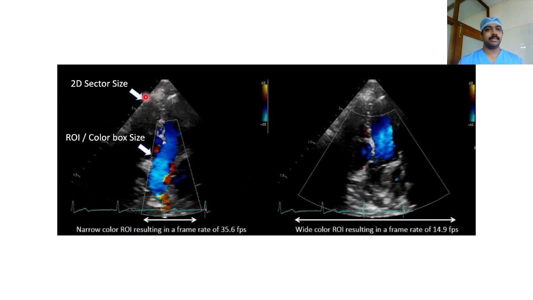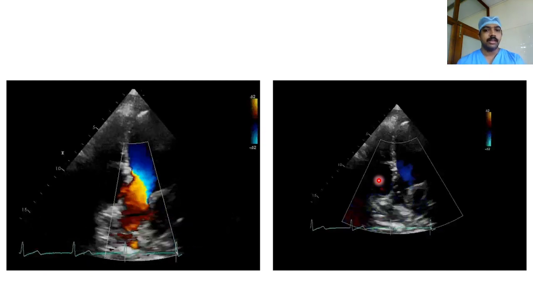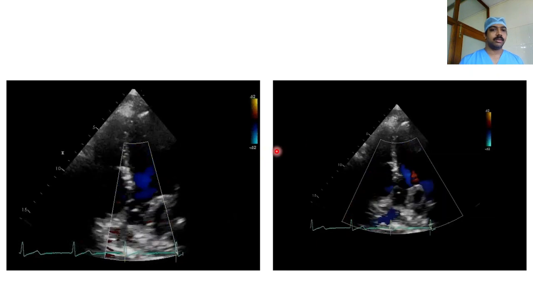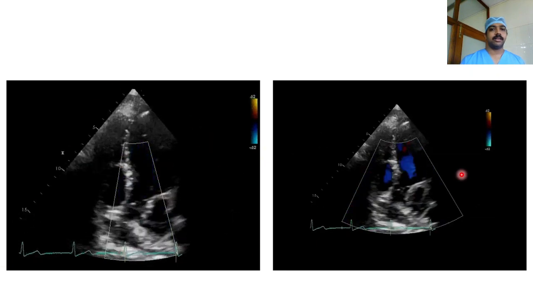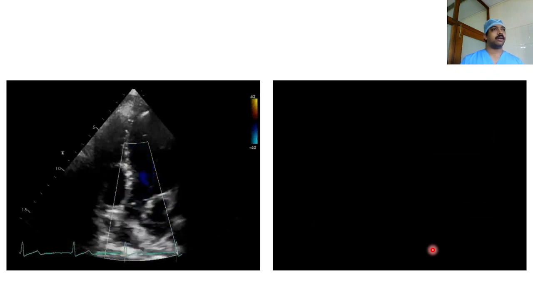So we should keep the sector size as low as possible and then put the color Doppler, and that will give a higher frame rate. This is an example of the color box, and this is the video showing the sector size and its influence on the color Doppler signal. Here the first is a large sector, this is a small sector, so that will affect the color Doppler signal.